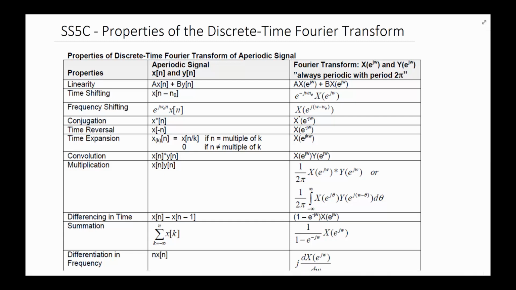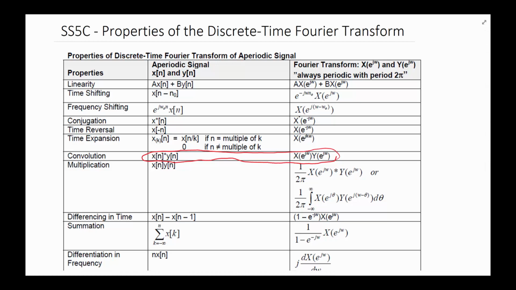As we go through, they're very similar to the continuous time, since my assumption is that all of you have looked at the continuous time Fourier transform. This is going to be very similar. The linearity still holds, the time shift still holds, frequency shift does, conjugation does as well, and the time reversal does. The convolution is the important one, as we had talked about: the convolution in time domain allows us to represent this thing as a